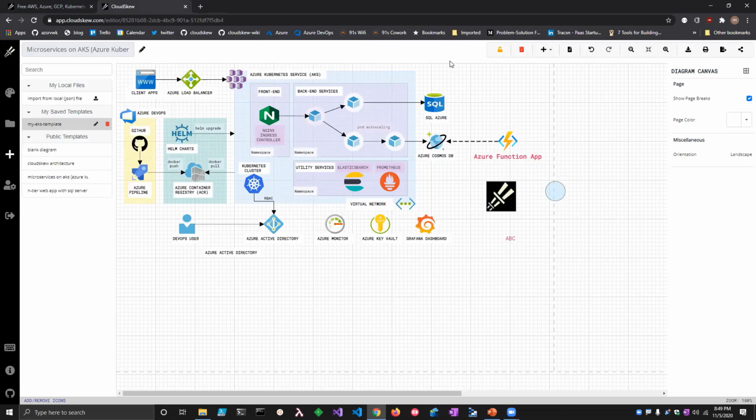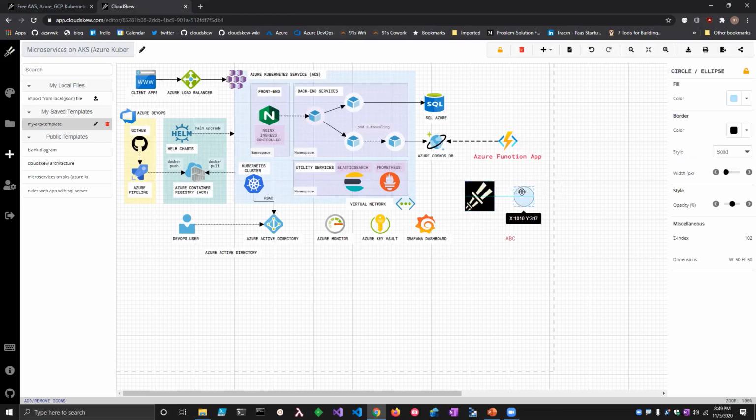Oh, one other thing I want to talk about is the autosave feature. So there is no save button in here. As and when you modify the canvas, drag and drop items on the canvas, or modify its properties, everything is saved to CloudSkue's backend. All of this is persisted in a database on our backend.